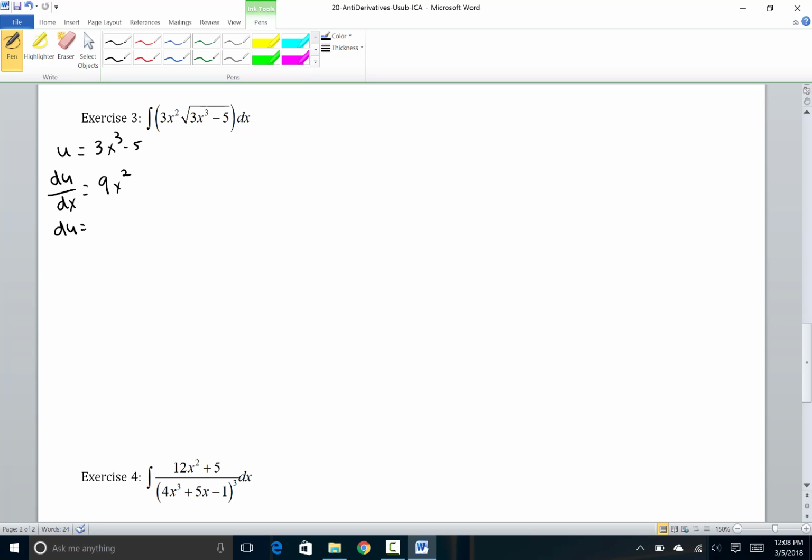And here I'm going to pause because at this point I can compare it to my original, and I know that the 3 and the 9 have a factor in common. So this is where you can make a choice. You can divide by the 9, or we can look at